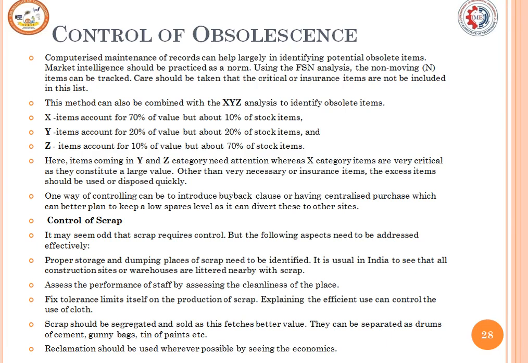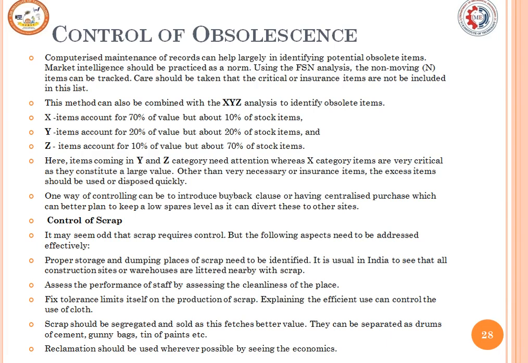Z items account for 10% of the value, but about 70% of the stock items. Items in Y and Z categories need attention, whereas X category items are very critical as they constitute a large value. X items account for 70% of the value, so it is a block of capital. Very necessary or insurance items aside, excess items should be used or disposed of quickly. This is one way of controlling